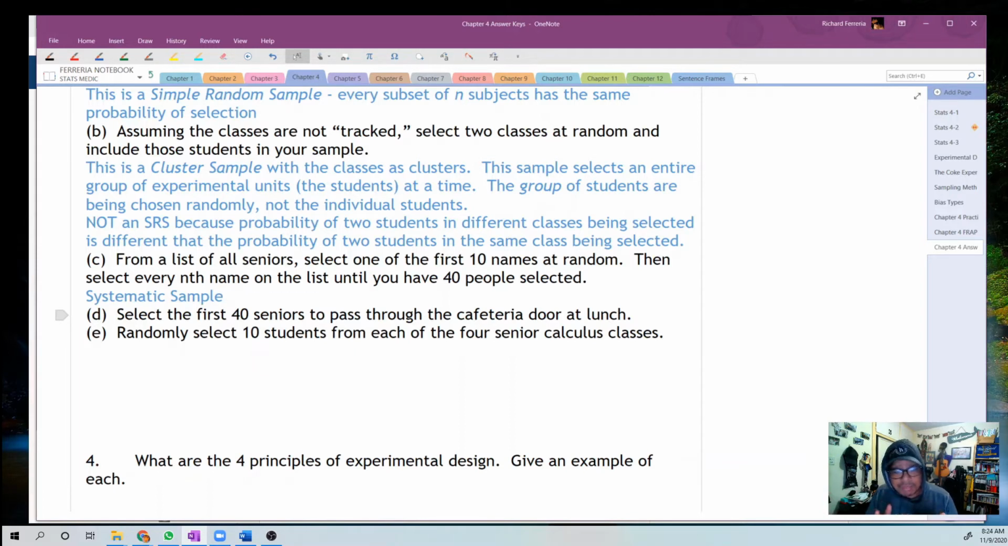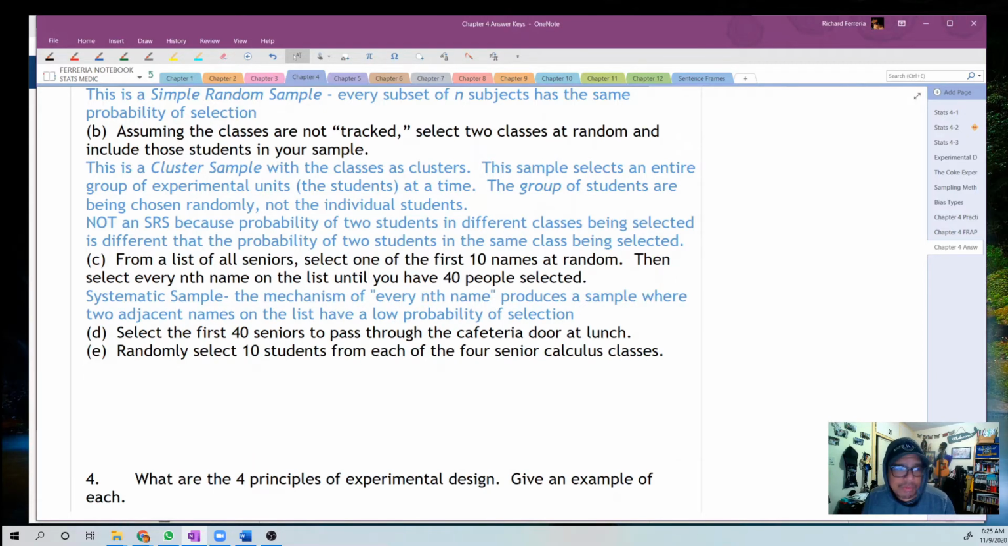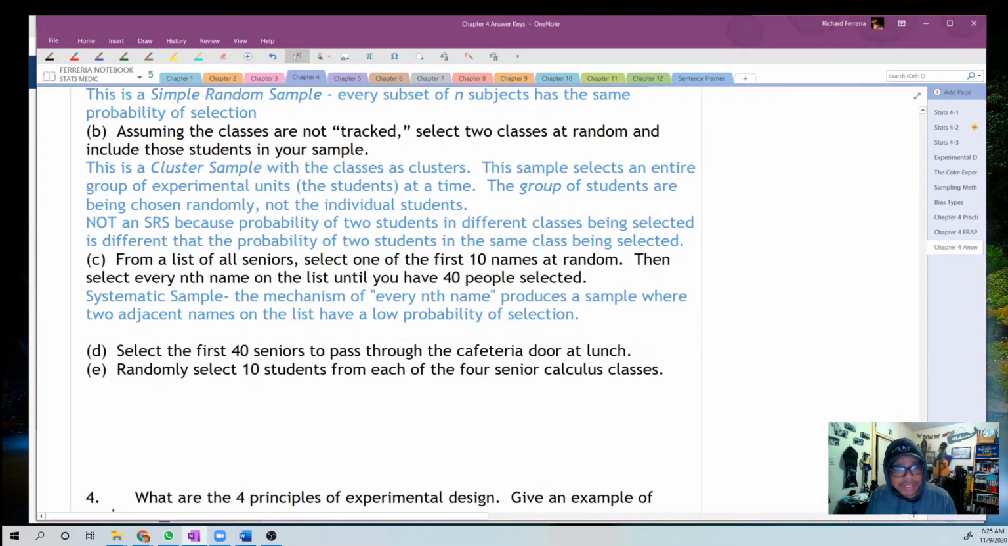This is a pretty classic example. And I like to think that the reason why we would not call this a simple random sample is because 2 names that are right next to each other on the list have a low probability of being selected together. You can see this a lot. The sample is used a lot during random backpack searches and things like that. It's not an SRS,